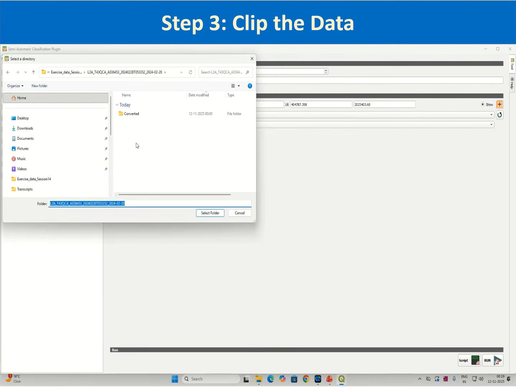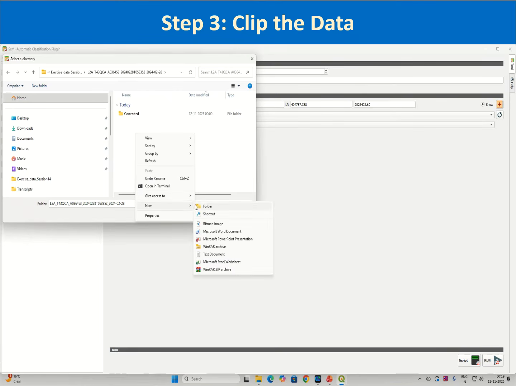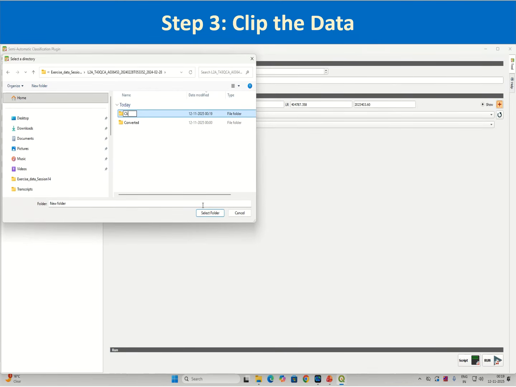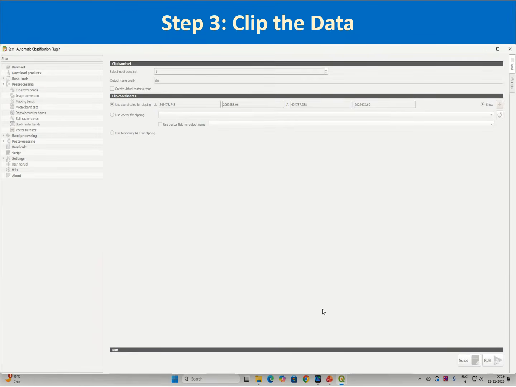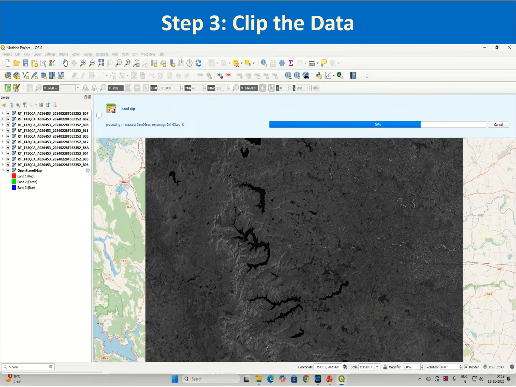So inside this you can create another folder, clipped, and select this folder. So it will start running, and then each of these bands, 10 bands, will be clipped to the extent given,